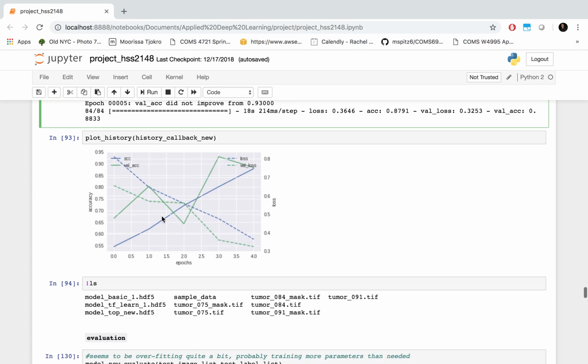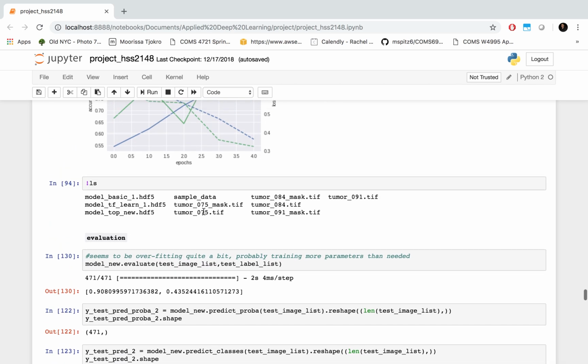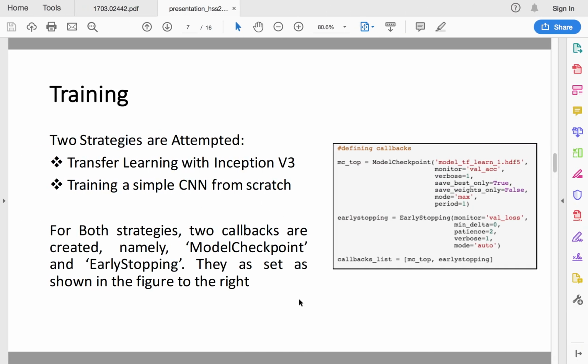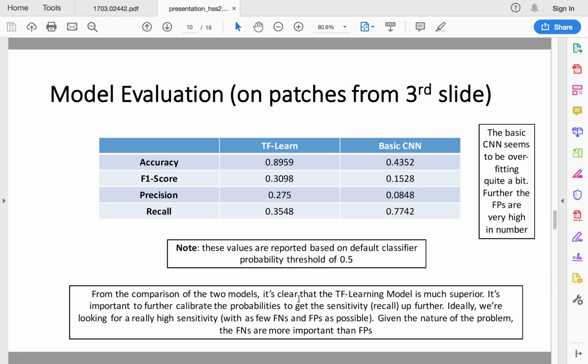And as you can see from the history callback of this model, the loss overall has a negative trend. The loss goes on decreasing, which is good, the validation loss. But the validation accuracy also overall has a positive trend, which is kind of good. But as we can see now from the model evaluation, which I will show very shortly, we can see that